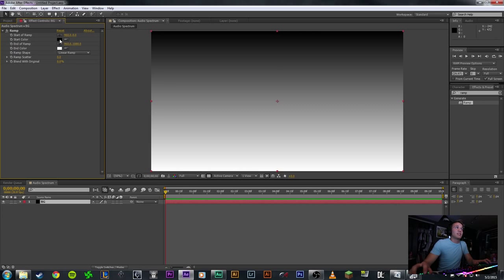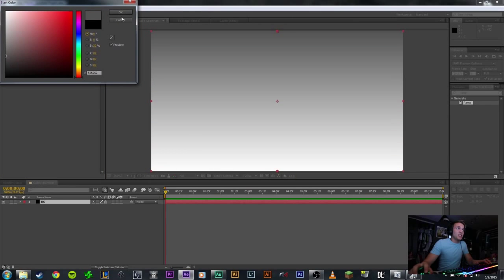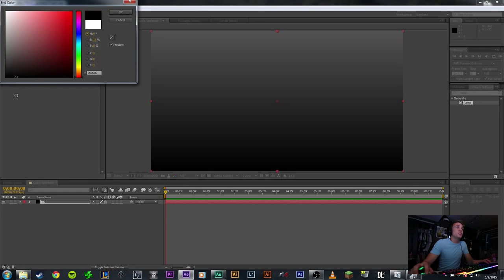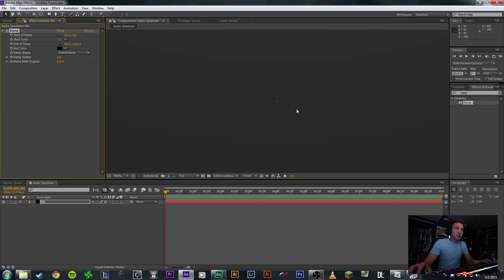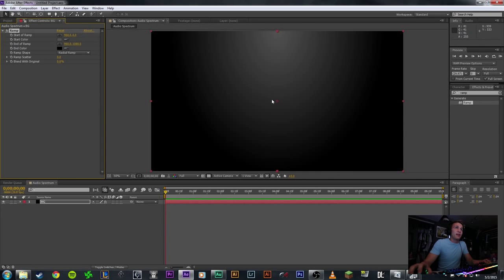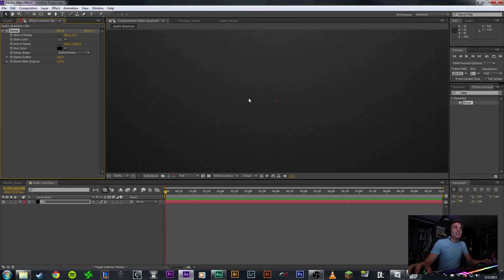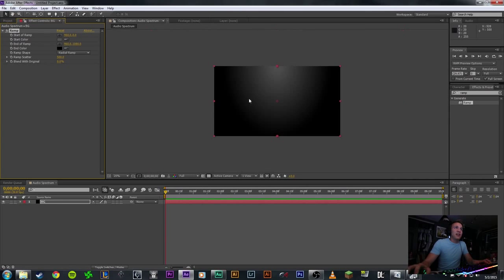However, we're going to modify this a little bit. Your start color, change it to a light gray, and then your end color, change it to black. And then also change this ramp shape to a radial ramp. Notice when we zoom in, there's lines everywhere. We can change that by changing the ramp scatter to 500. It takes away all those lines and it gives us this nice little grainy look that I think will be